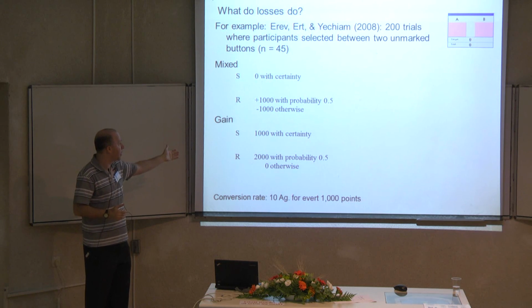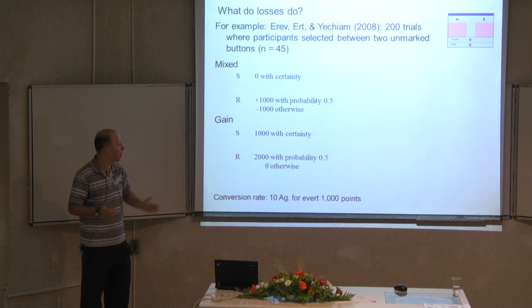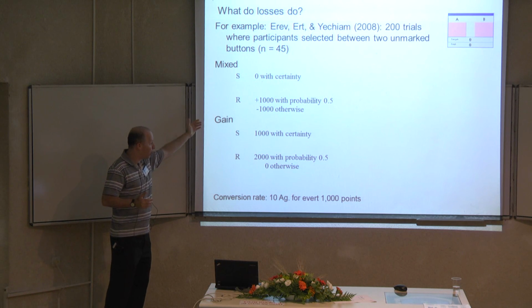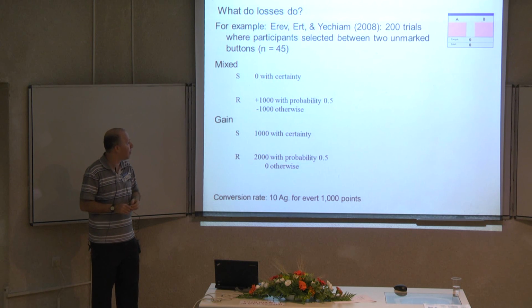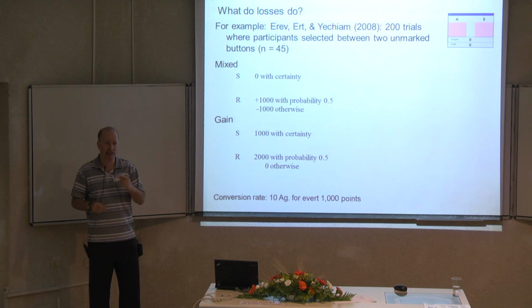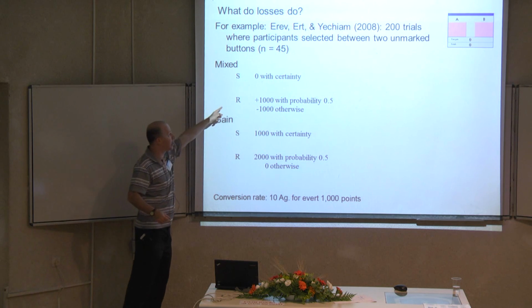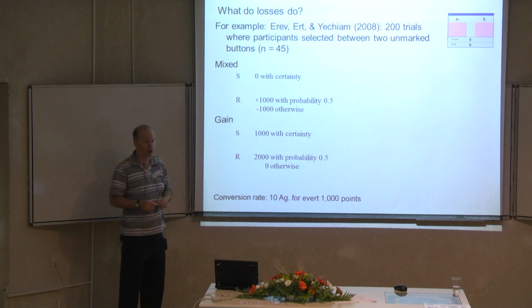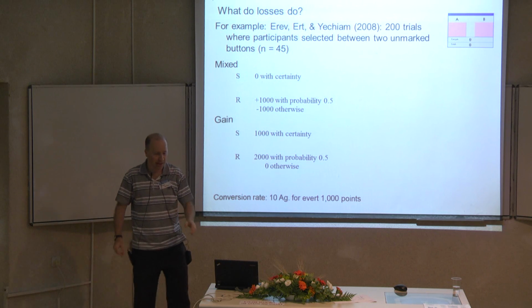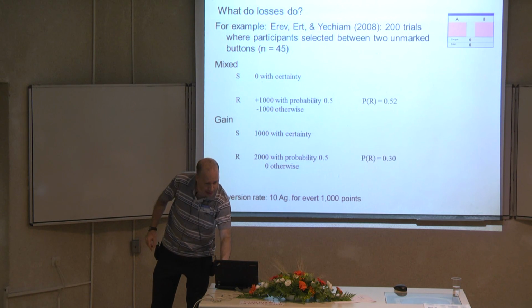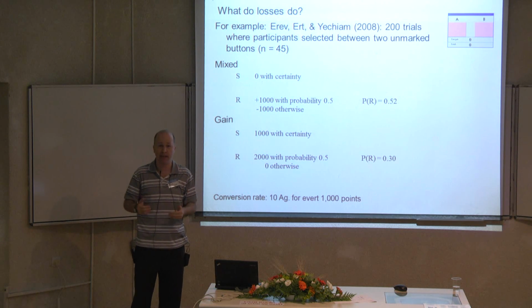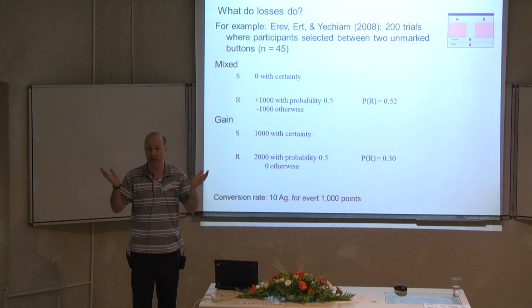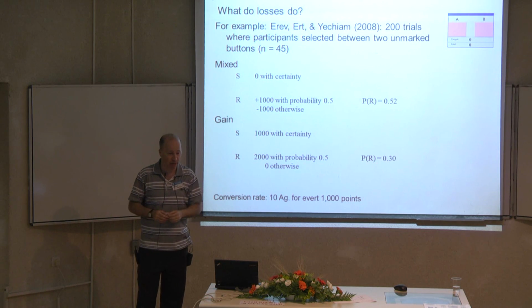Then we had another problem where we didn't have losses. It was in the gain domain. We just added a constant of 1,000 to everything so that no losses were possible. Now, loss aversion also predicts that the risky alternative would be less attractive with losses, that you would like the risky alternative less in the problem where it also includes losses. And here's what we got. In the mixed condition, we didn't get loss aversion. People like this alternative similarly. The proportion of risky selections was 52%. They didn't behave as if they were loss averse.